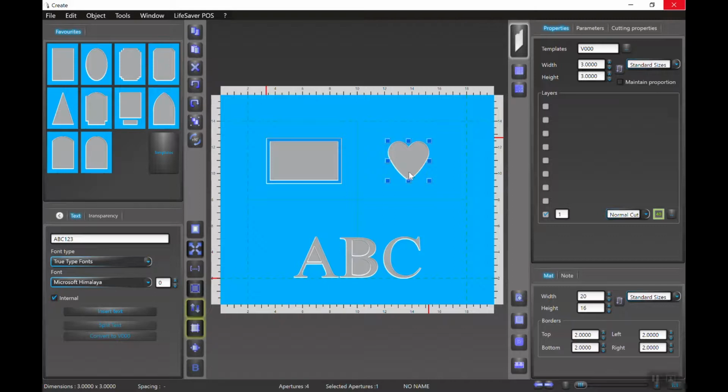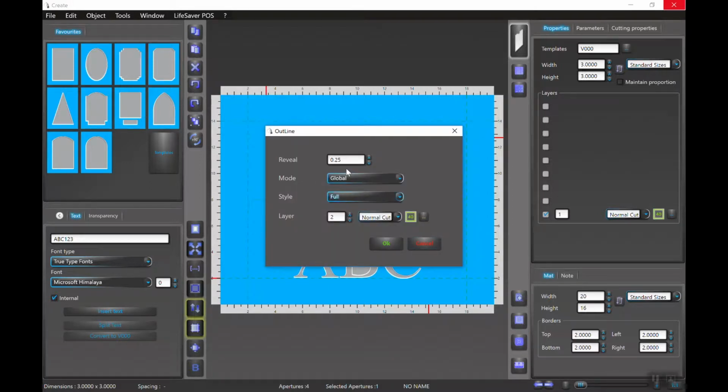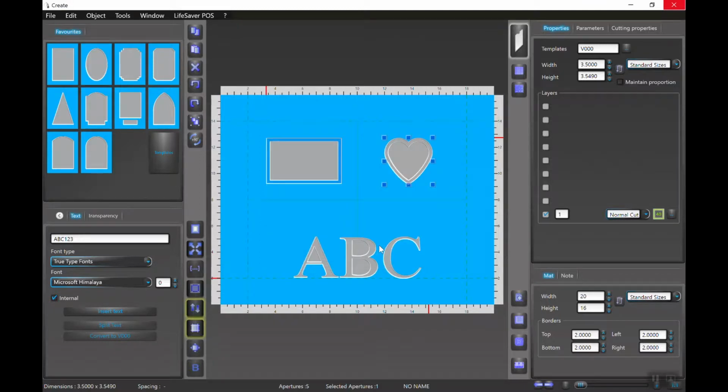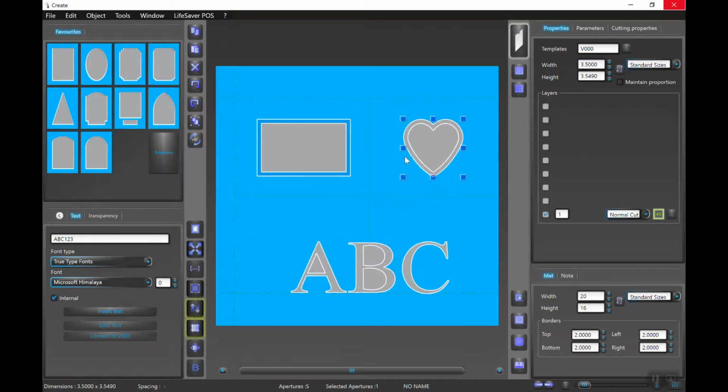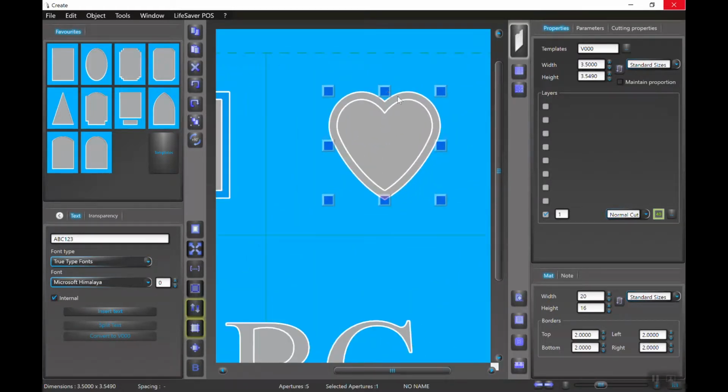So if I wanted to have a heart that's 2, 3, 4 layers deep, I would essentially just use the contour option. So I'm going to click on Insert Contour, 1/4 inch. Global single is fine for now. Again, we'll come back to that in just a bit. Full, do I want to have squared corner, rounded corners? We're going to go ahead and leave it on full. And I'm going to put it on layer 1. Normal cut, 40 degree. So again, I get this nice outline around that heart,